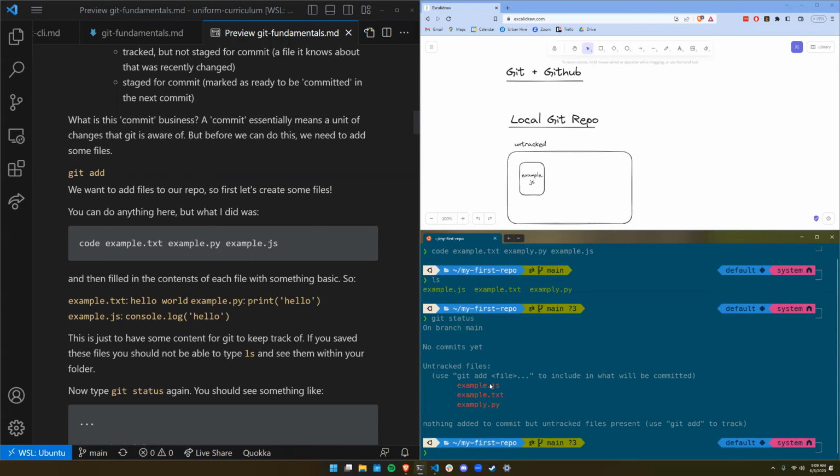We have these 3 files in red because they're untracked, meaning you haven't registered these files with Git. There is a distinction between your folder, your file system, and Git, in that you could add files that maybe you don't want to make part of the history. It's just a temporary thing, whatever it is. You have to be explicit with Git the first time that you actually want to care about a file. And it's also telling us that we can use git add and then the file name